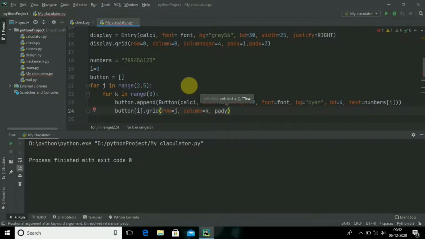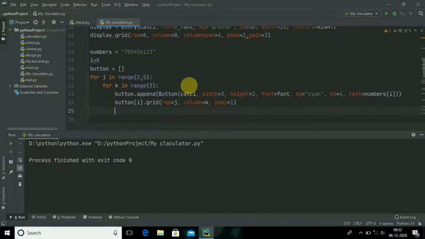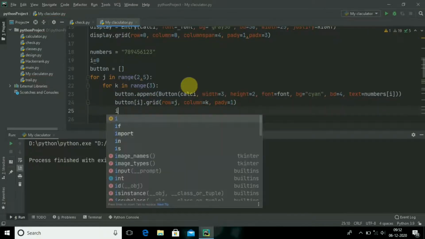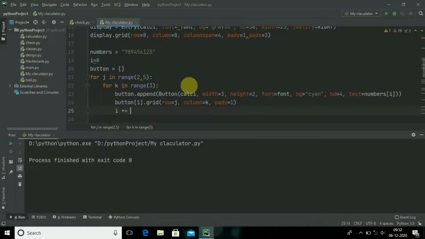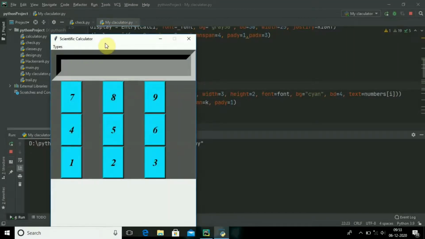Pad y, padding in the y direction 1, so there should be somewhat gap in them, and i plus equal to 1. When I run this loop, you can see this. Now you may know these are the colors. See, 1, 2, 3. These are the buttons that appeared on our screen.